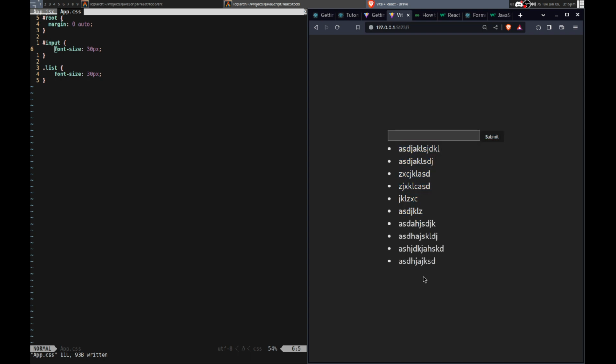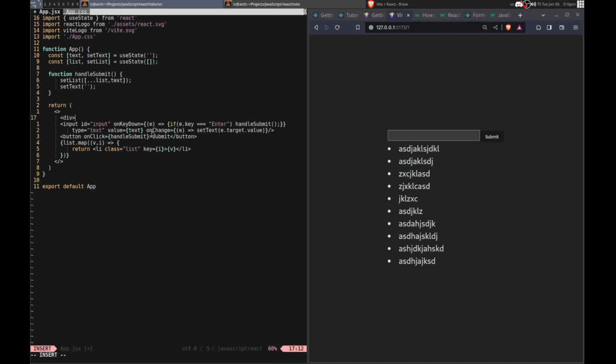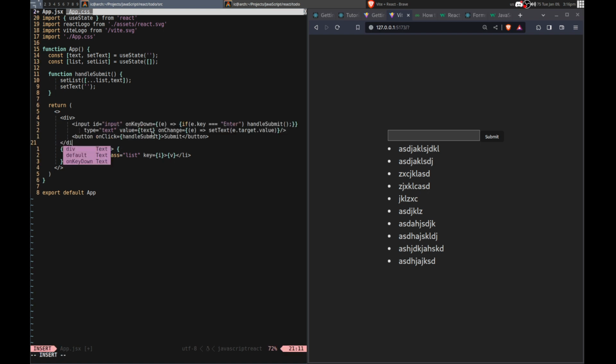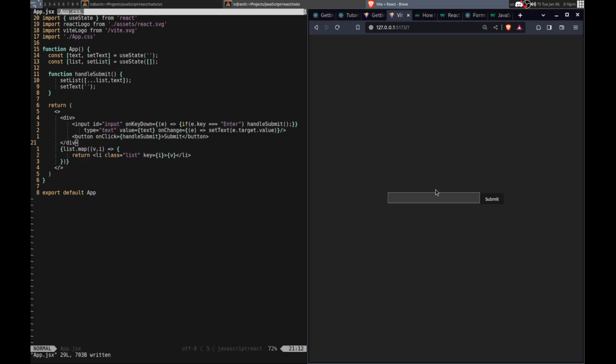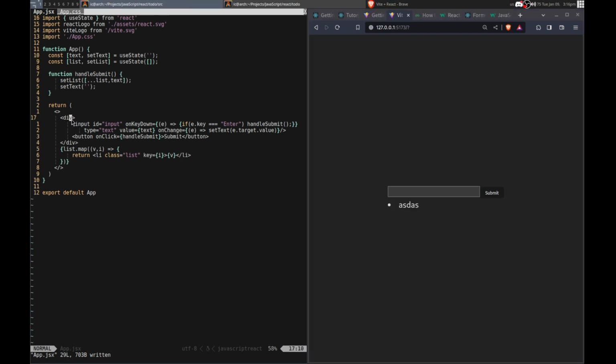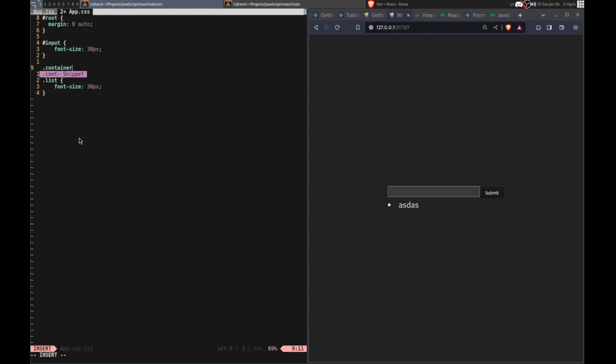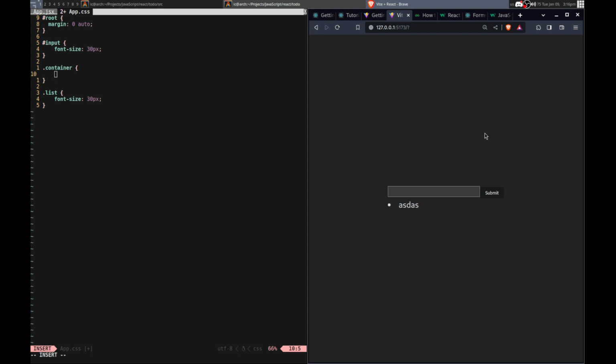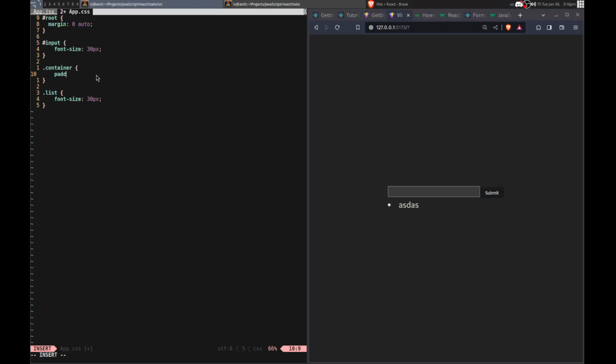And then I don't want it to change like that, so I need to. How do I do that? Don't want it to be pushed up, so I need it to. Probably I could just put it in its own div, right? And then I can do stuff with the div. Okay. Container. And how do I position it? So I'll put a padding.